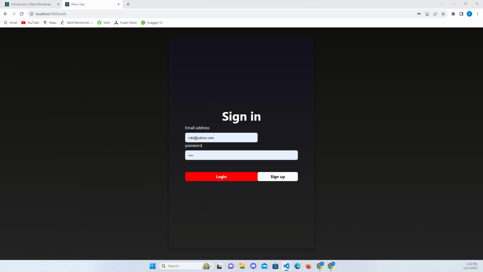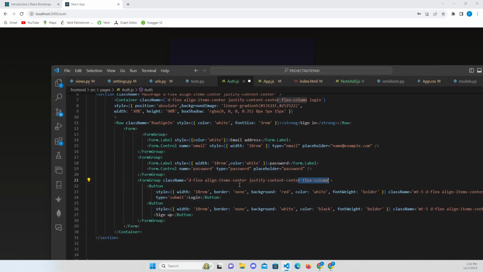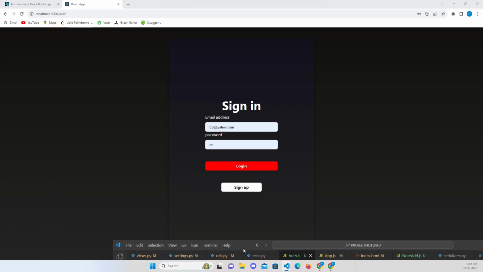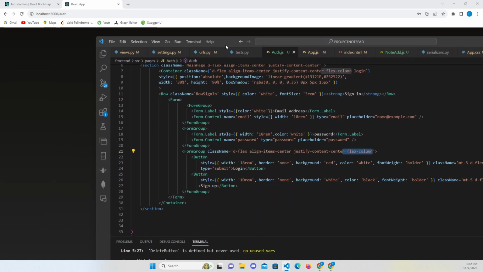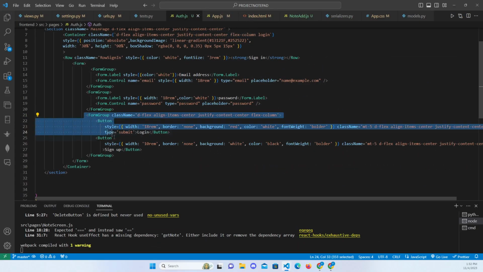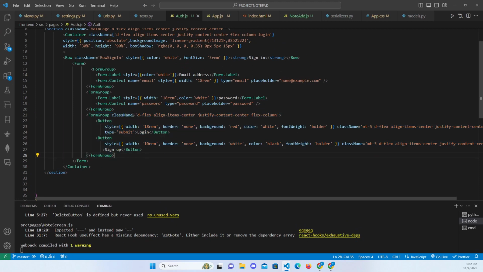You can see that they are not in a column way. If we put it back, they are aligned at center in a column way. So this form group is aligning the elements, so the two buttons, in a column way and centering them. So align-items-center, justify-content-center in a column way. Okay,